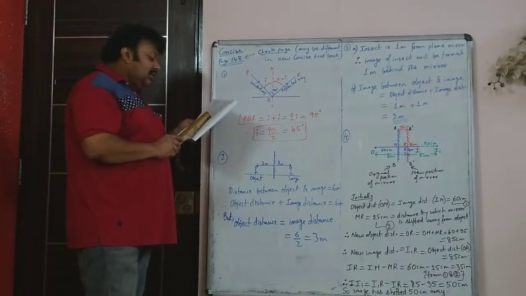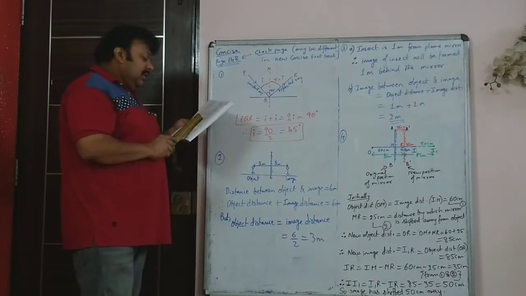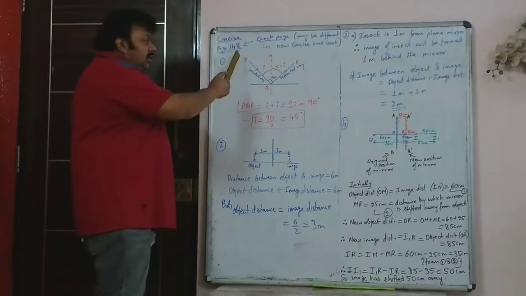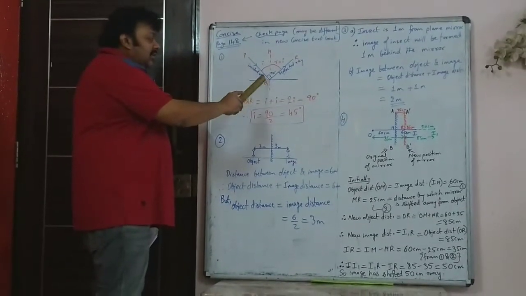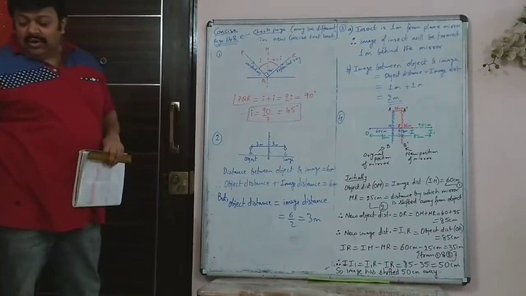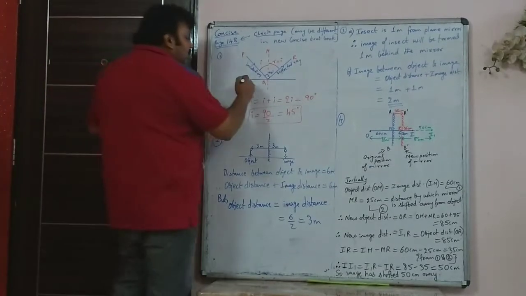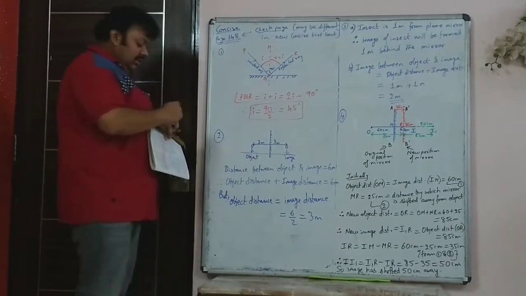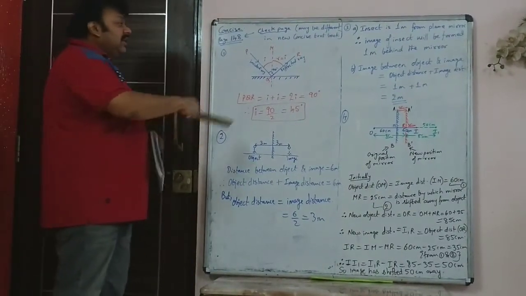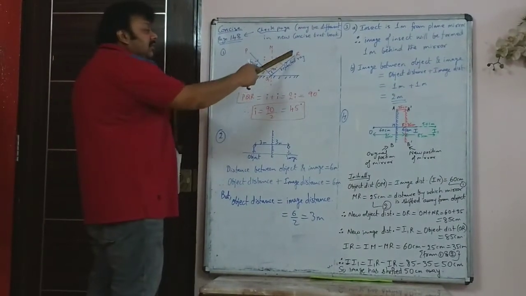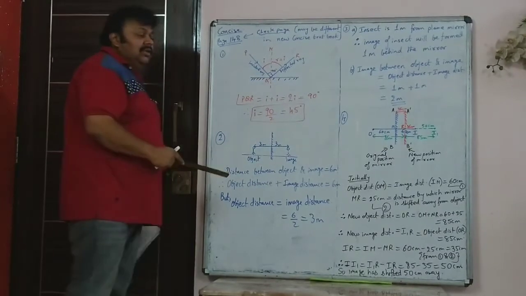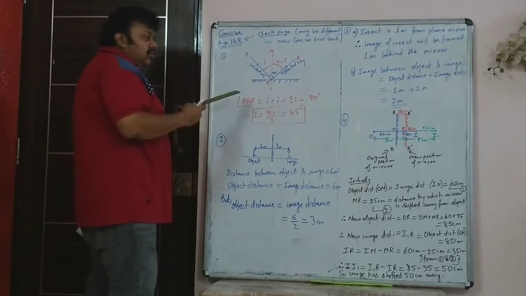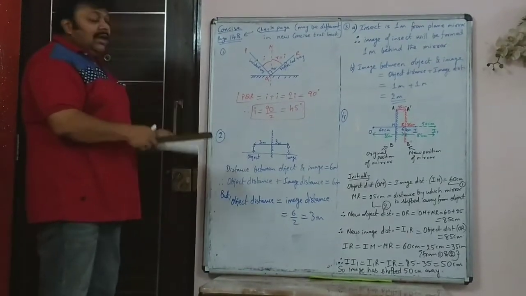So now in that, the first question in the Concise textbook: A ray is incident on a plane mirror. Its reflected ray is perpendicular to the incident ray. So PQ is the incident ray, falling on a plane mirror. When you draw the plane mirror, you have to draw the blackened surface. The reflected ray is perpendicular to the incident ray, that means the angle between incident ray and reflected ray is 90 degrees. You are asked to find the angle of incidence.